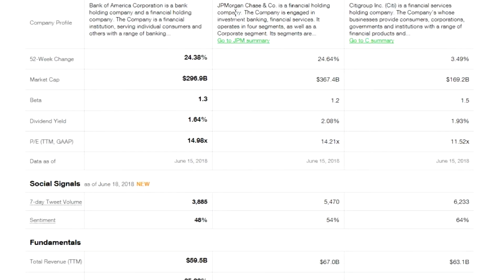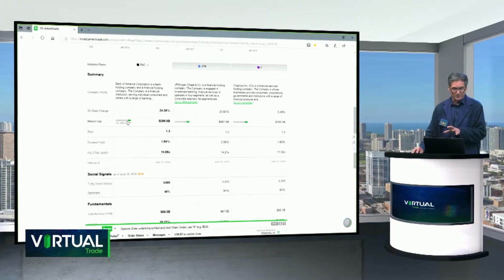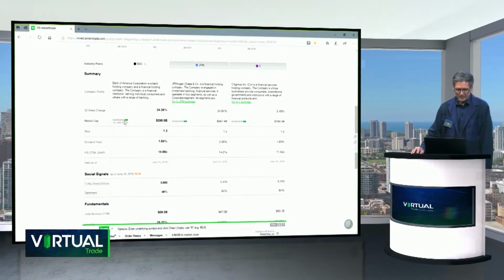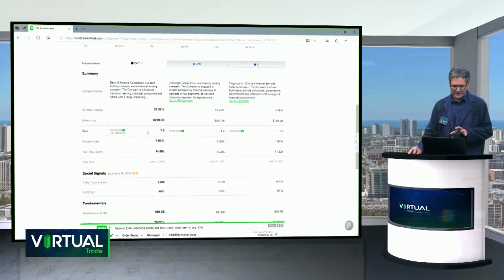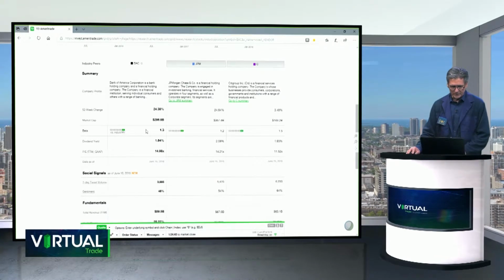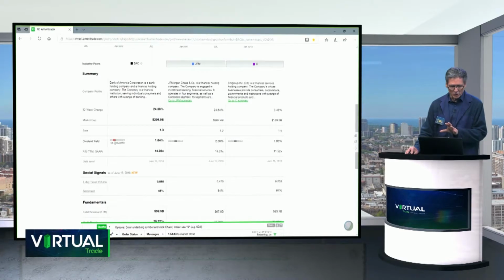Now down below, you have a summary of more detailed information. Market capitalization. We started off by talking about how big a company is. Well, you can compare to the other 2 peers, and you can see that all 3 of these are at the high end of their industry. That's why you get this nice little icon that pops up to give you an idea how they compare to the whole industry. Beta, again, 1.3, 1.2, 1.5, and again, that's rather high for its entire sector. Dividend yield, you can see somewhat on the lower end, mid to lower end of dividend yield, 1.6, 2.0, 1.9,